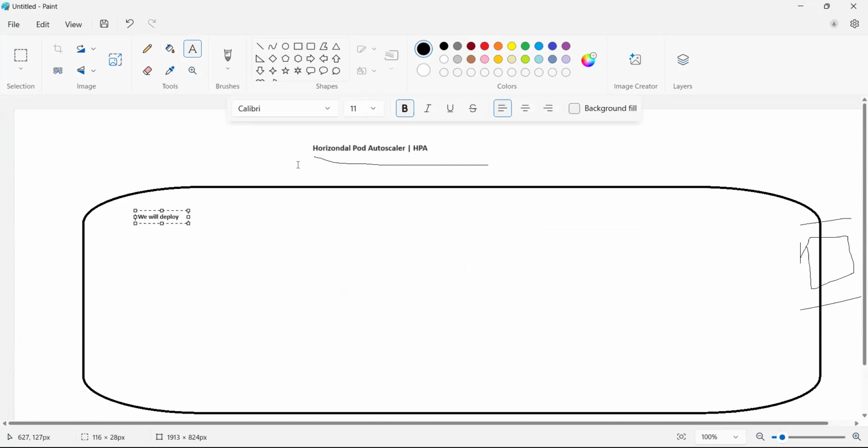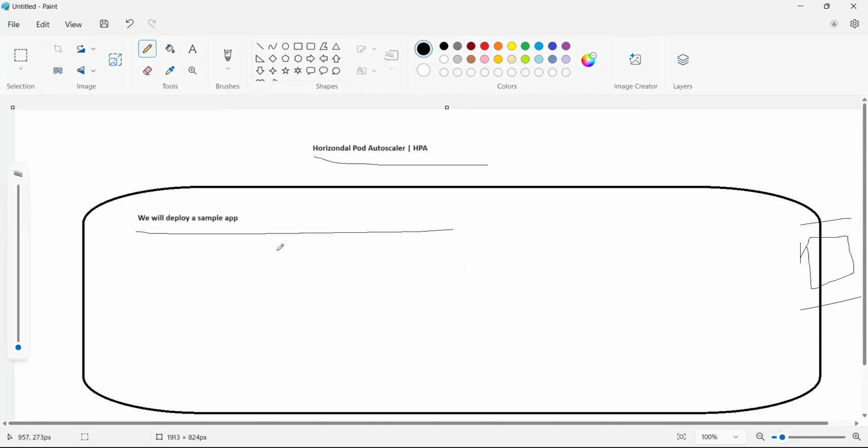This will be a sample application. And this application has a replica set, like 2 or 3 or like that. So our requirement is